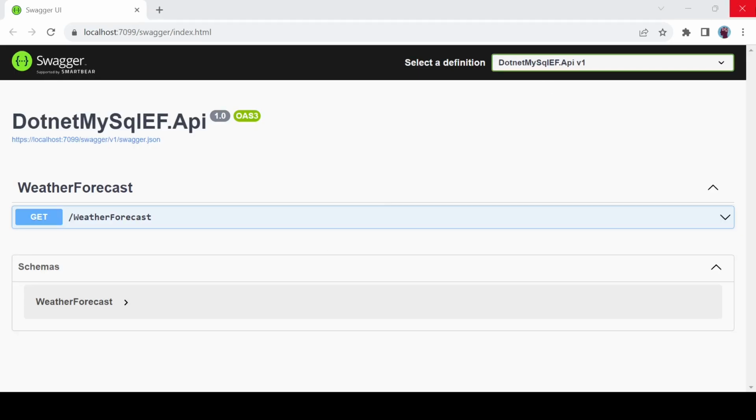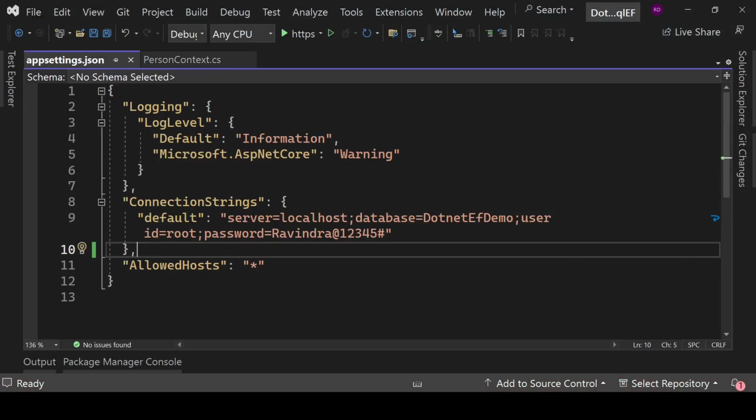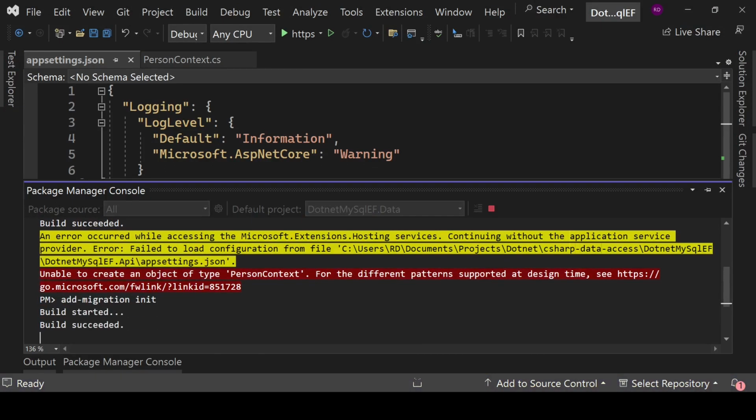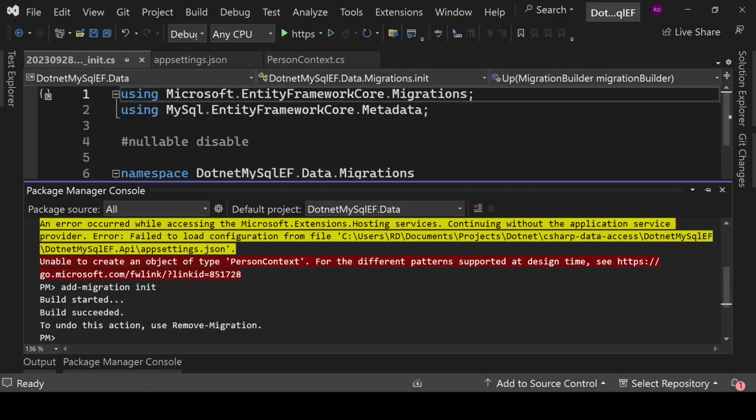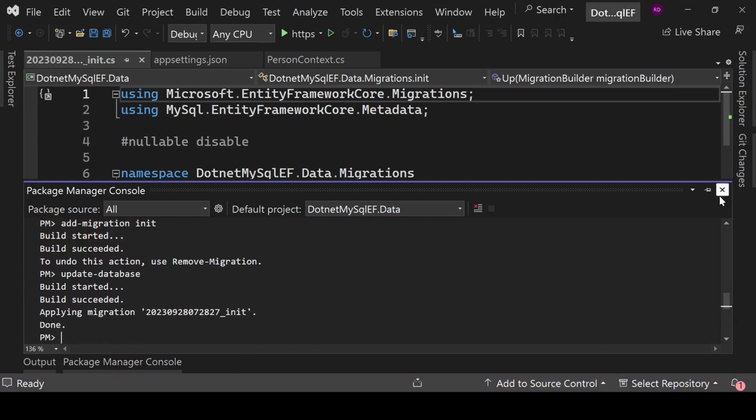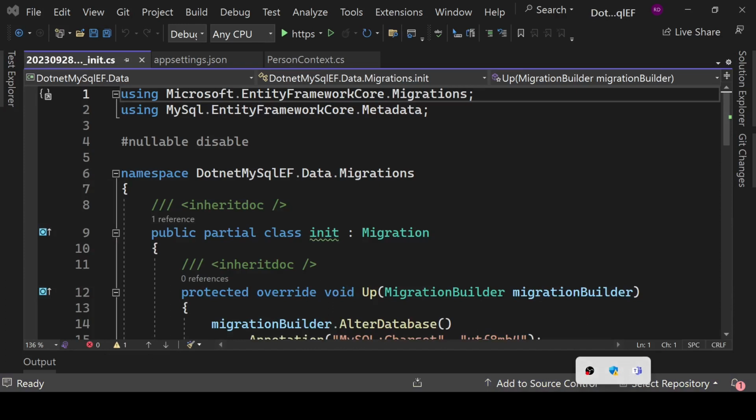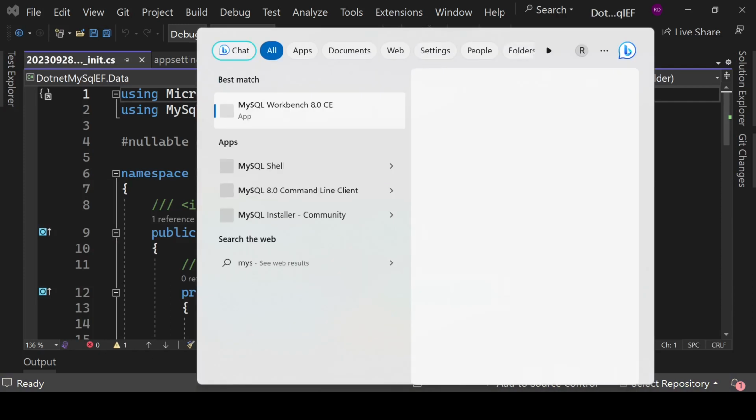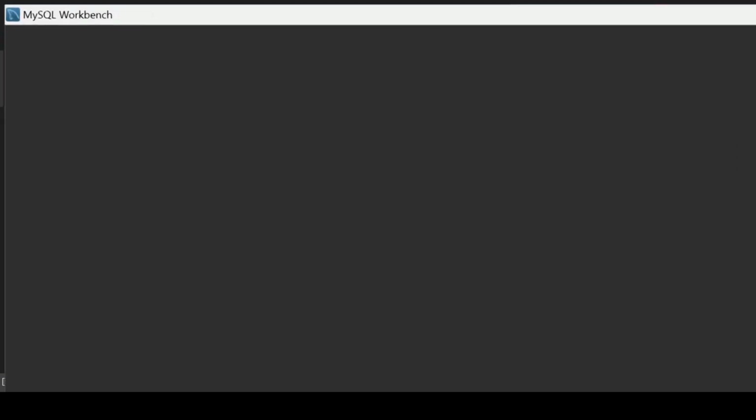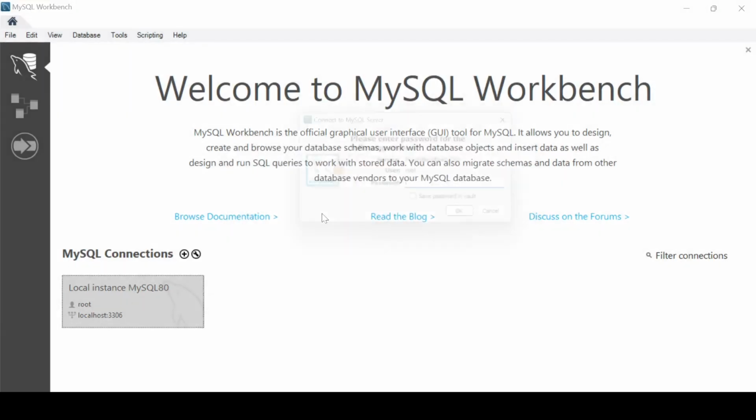Okay, right now we do not have any error, so let's close this guy and open the package manager console again, and let's run this command again. So now we have successfully created our migration file. Now we will just write here update database, and we have successfully created our database. We can also check it from here, MySQL Workbench. Just connect this guy,